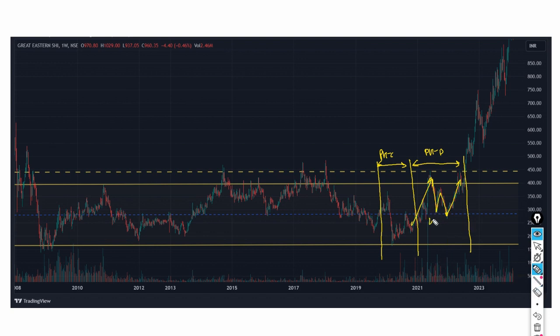Okay, LPS, and please note that there can be multiple LPS, so not necessarily there is going to be only a single LPS. Okay, so the last point, this is the point below which the stock usually does not come, so this can act as a stop loss for trading as well. Okay, so as we unfold from phase D to phase E, we see a strong rally coming up in phase E,